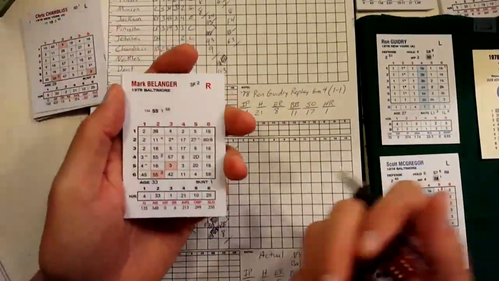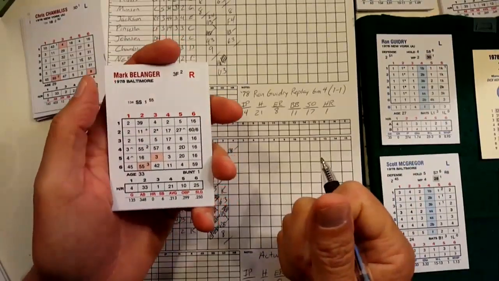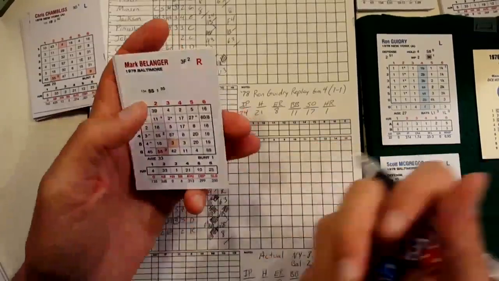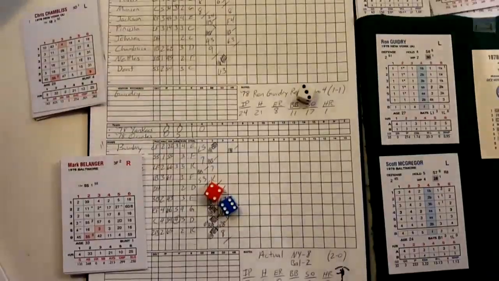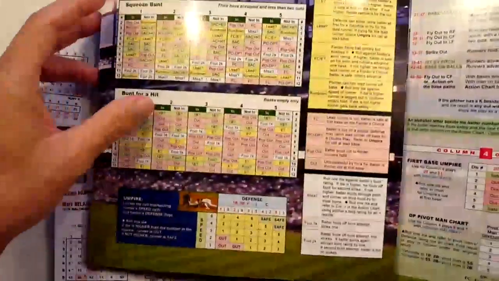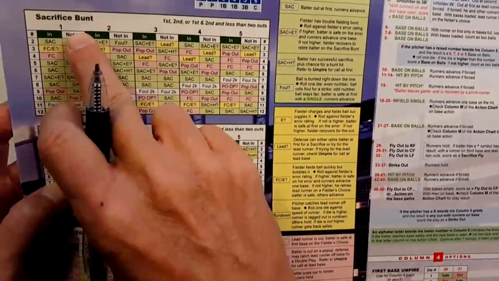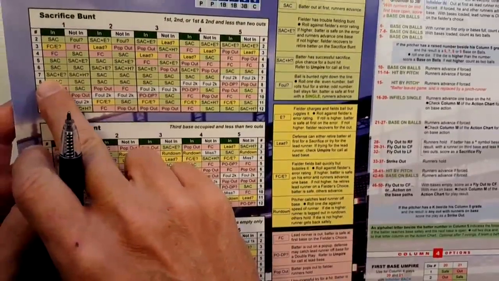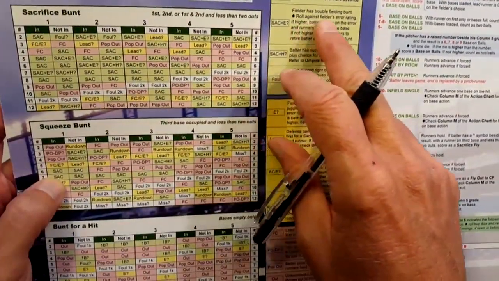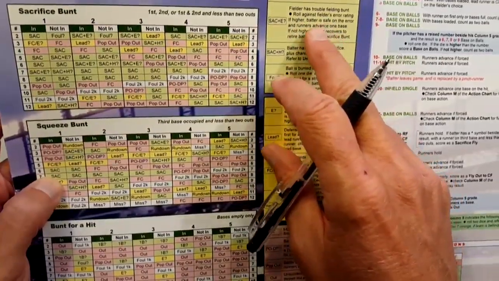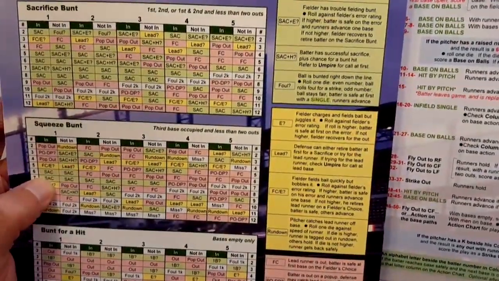So, Bunbury at first. Nobody out. Belanger. I think he may try to bunt here. Let's do he's a 1. Let's bunt. 7. Flip it over here. 7 with the sacrifice plus possible error. Fielder has trouble fielding the bunt. Roll against the fielder's error rating. If it's higher, batter's safe on the error, and runners advance 1 base. If not higher,